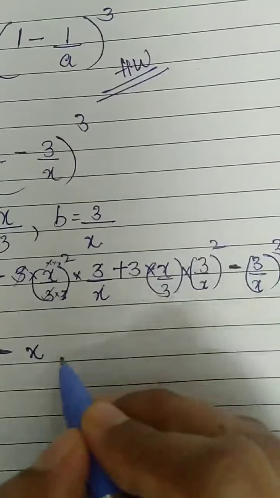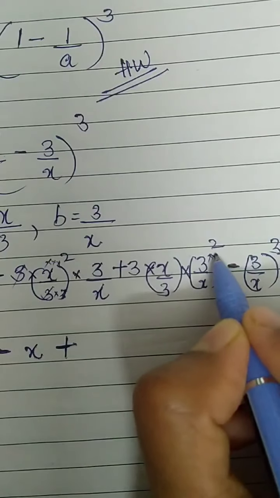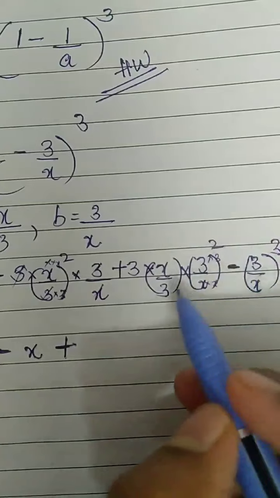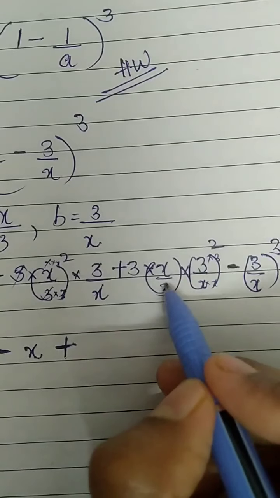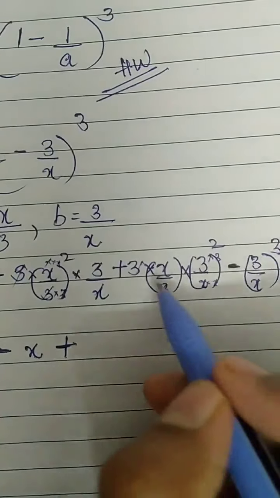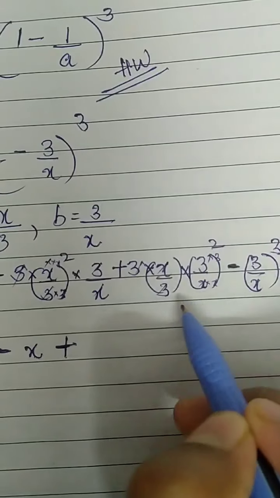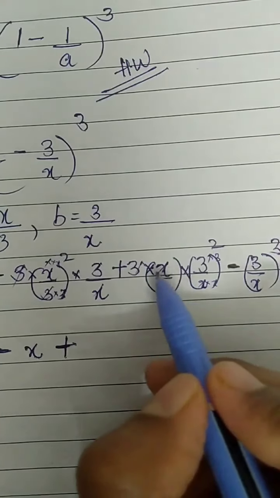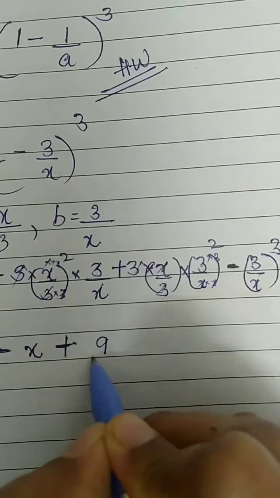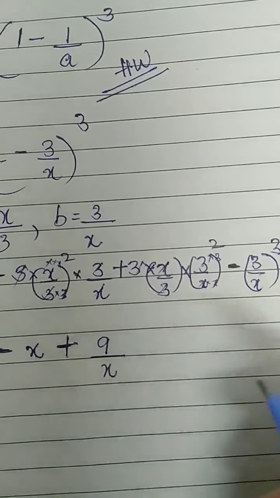Now we come to this side. Plus. Now here, this is 3 into 3, so I'll just write it, and this is x into x. With pencil you can write this. So what all things will get cancelled? This 3 and this 3, anyway you can cancel. This 3 and this 3 also you can cancel. I cancelled this 3 and this 3, and this x and this x. So on the numerator what do you have? 3 into 3, 9, upon denominator you have 1x remaining.